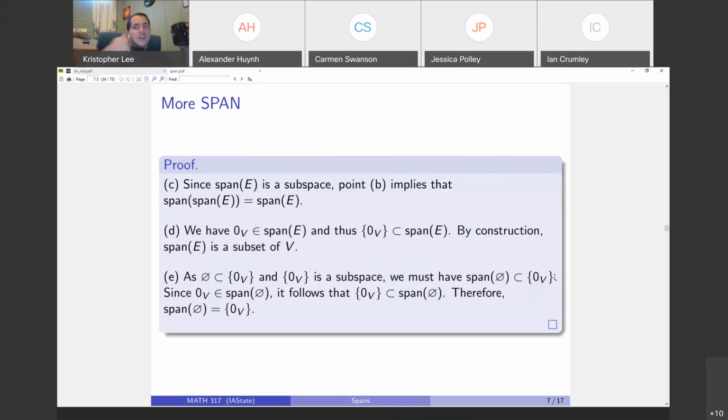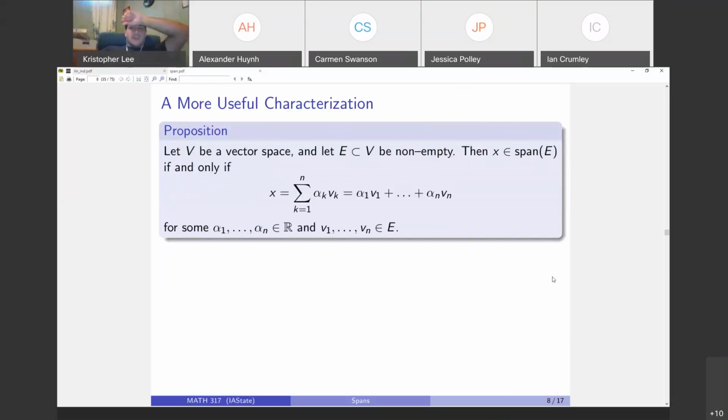All right. That being said, now that we've completed the proof of this, let me set up the more traditional formulation of span and talk a little bit about it. Okay, so here I've got a more useful characterization. We are now about to prove that the span of a non-empty set is the collection of all linear combinations of things taken out of the set. So in other words, you belong to the span precisely if I can write you as alpha 1 v1 plus yada yada yada plus alpha n vn, where the alphas are just some scalars and the elements are being taken